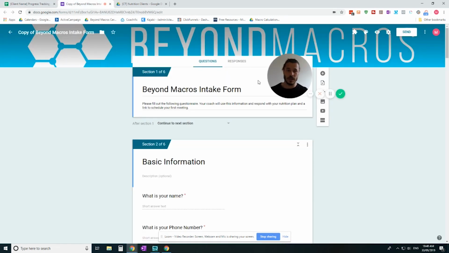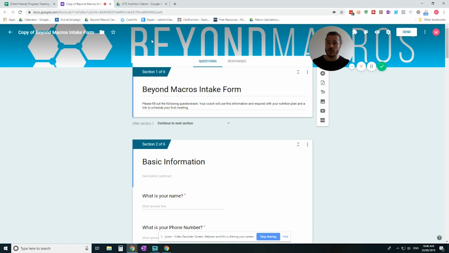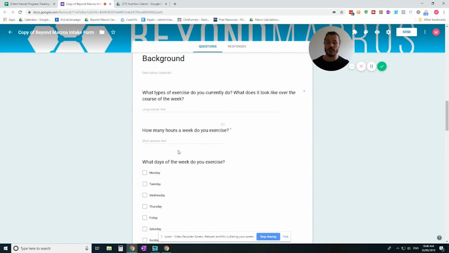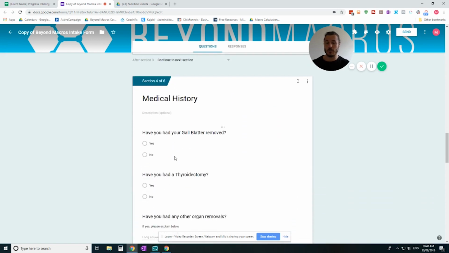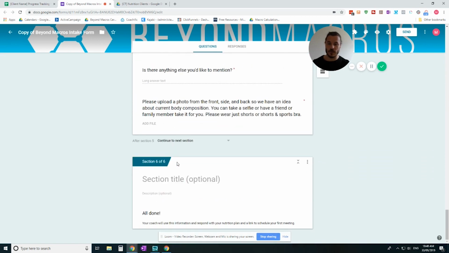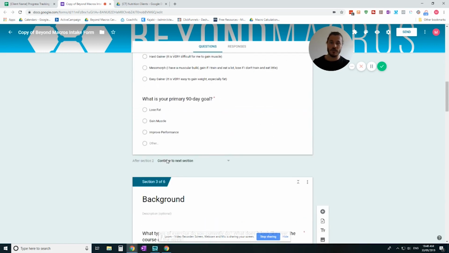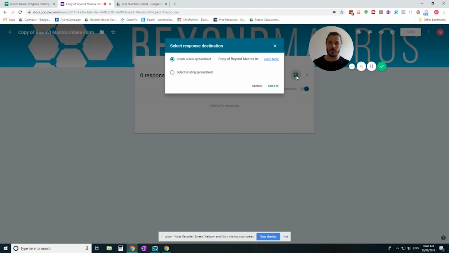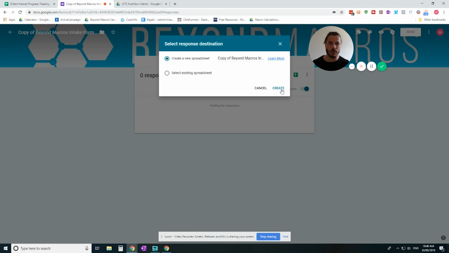One of the next really nice things here is that you can use forms. So this is Google's form builder, and you can come in here and create all the questions that you want to collect from a client before they get started. And then when they fill that out, all the responses will populate here. And the cool thing is you can create a spreadsheet from the responses. So if I create the spreadsheet here,